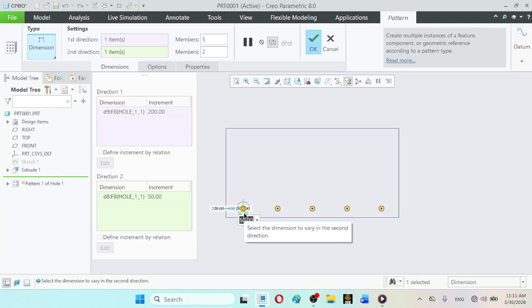So again, for example, we can leave 50 units from this edge and 50 units from this edge. The total length of this edge was 500 units. So 50 plus 50, 100, is subtracted from 500. So the net pattern distance which is available is 400.